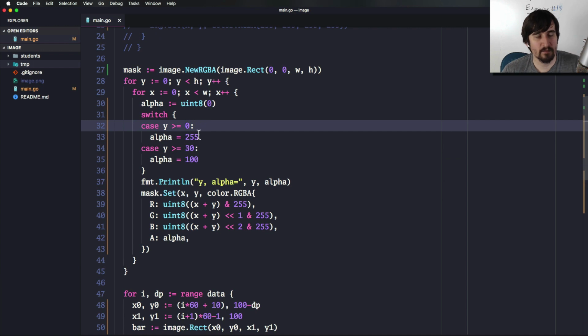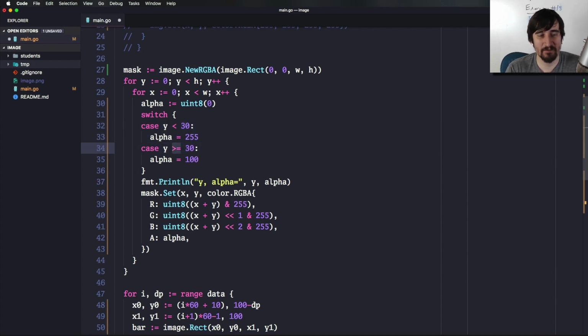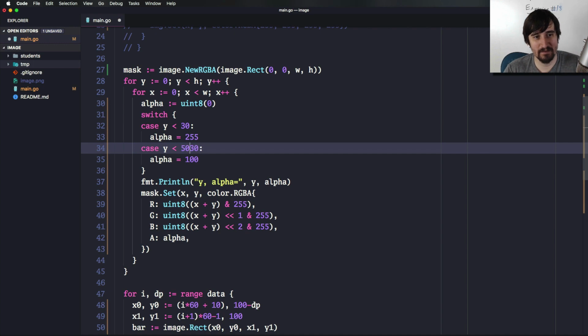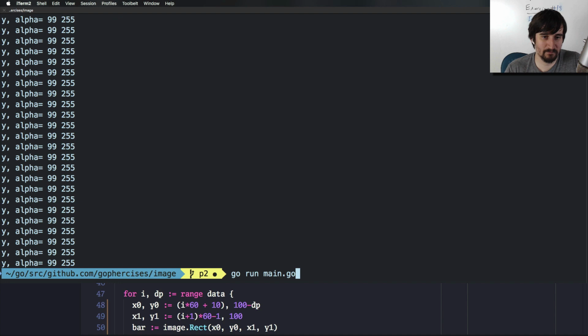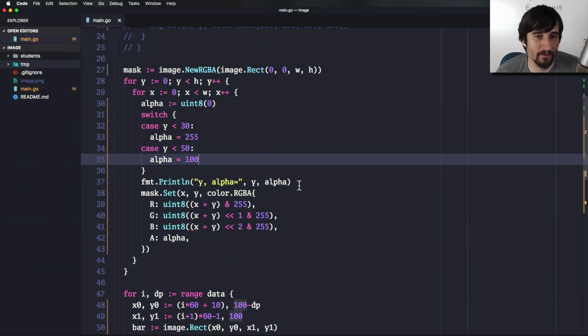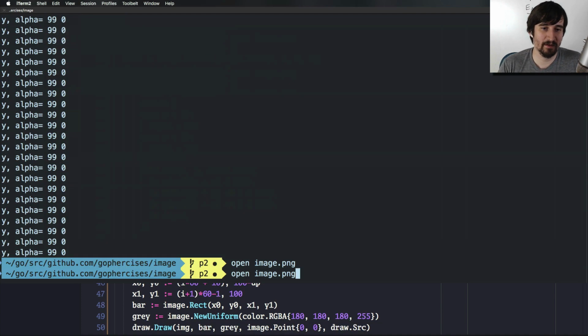Oh, because this is always true. That's right. What I wanted was if y is less than 30, and I wanted if y is less than maybe 50. Otherwise, the alpha stays 0. All right, there we go. That was a really slow way of getting to where I wanted to be, but